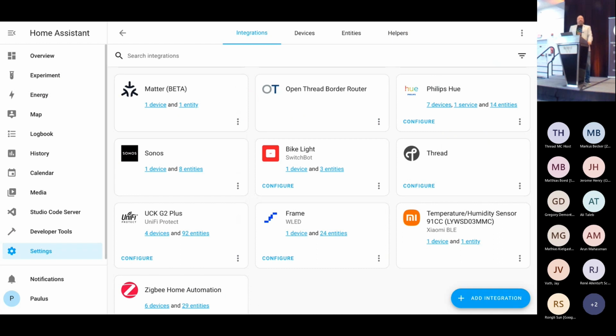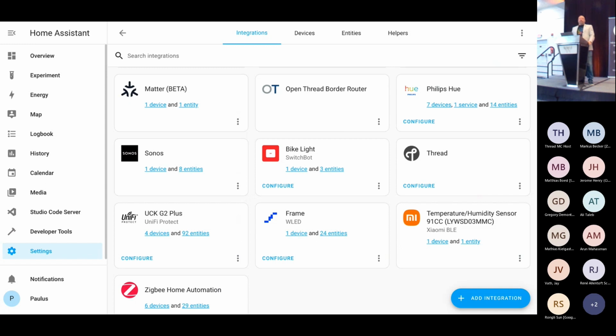All right, Thread. This is a screenshot of my Home Assistant instance in my office. It shows us various products that we integrate with. Home Assistant integrates with, I don't know the latest number, over 1,500 integrations of different APIs, but also devices, services, anything, right? Some things are really broad, like Matter: we support all Matter devices. Some are smaller ecosystems, like a Sonos or Philips Hue or SwitchBot.